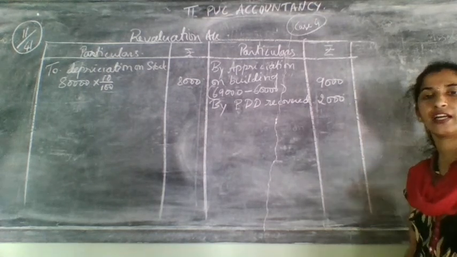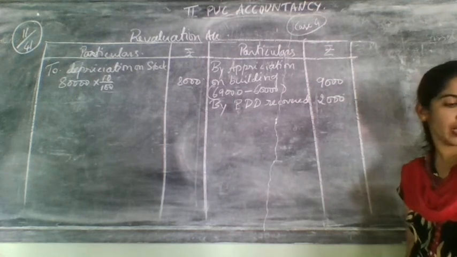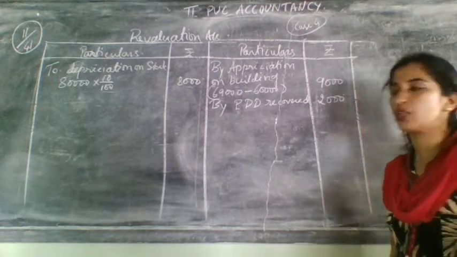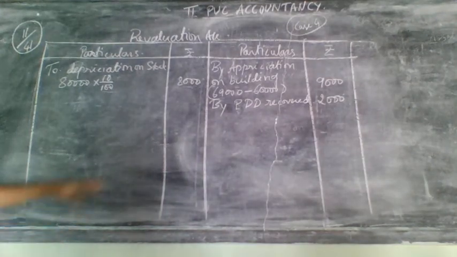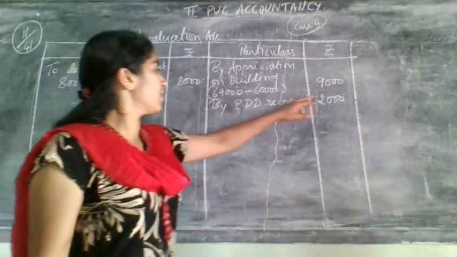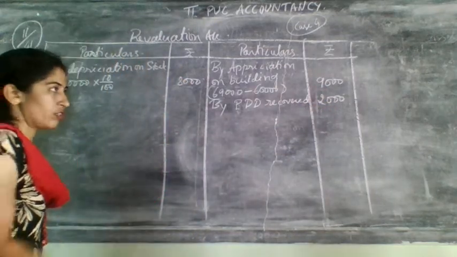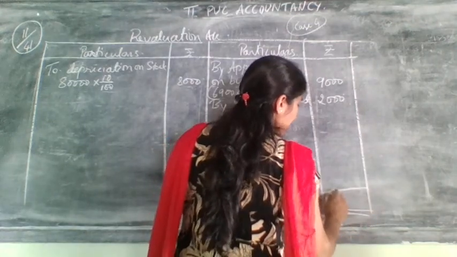So taken directly on which side? Credit side of revaluation account. Any other adjustment there? No other adjustment. So what you need to do? Compare debit with credit. On the debit side you have 8,000 and on the credit side you have 9 plus 2, 11,000. So which side is obviously more? Credit side more. Take the total after leaving a 3 to 4 line gap.